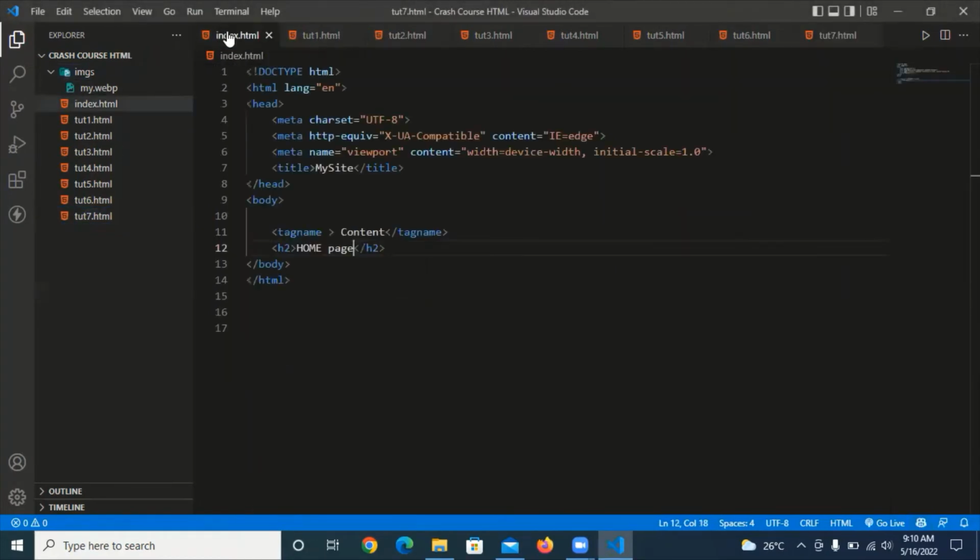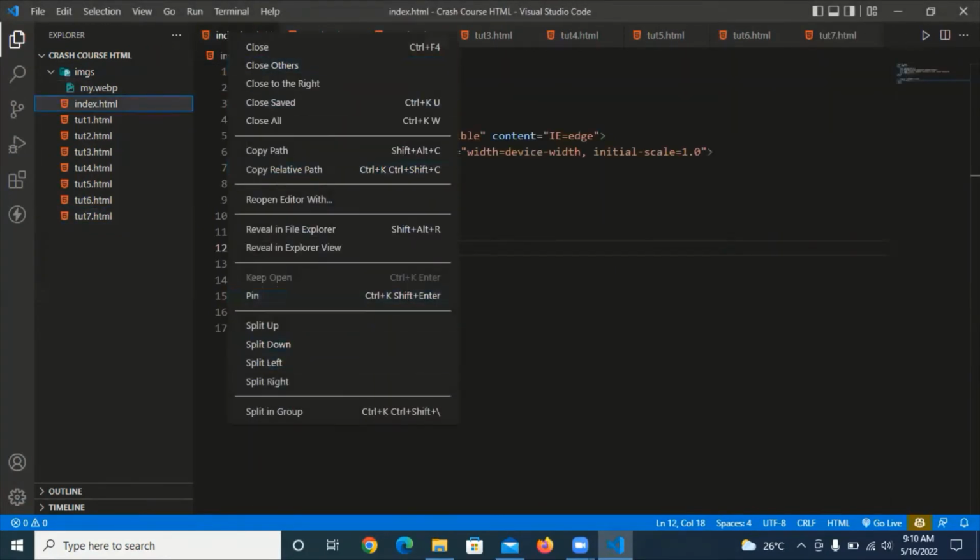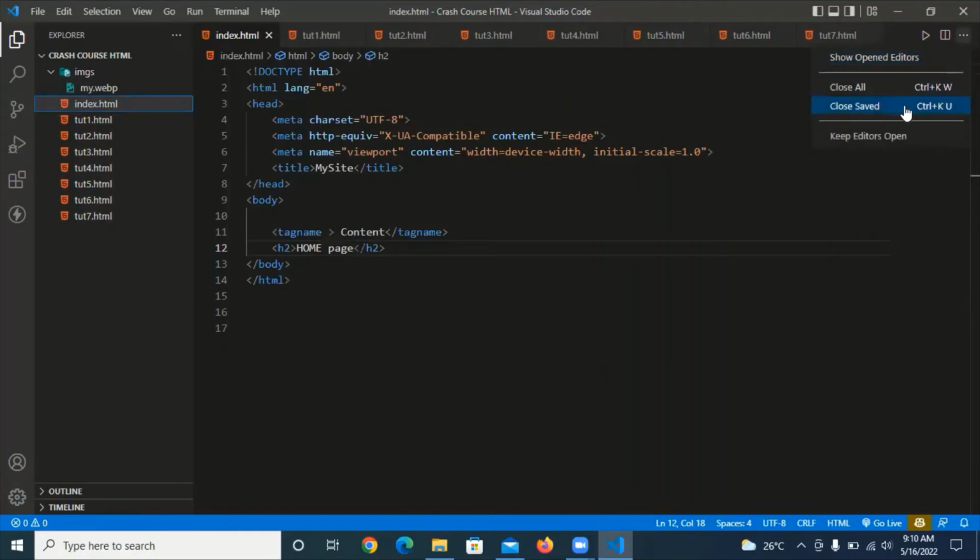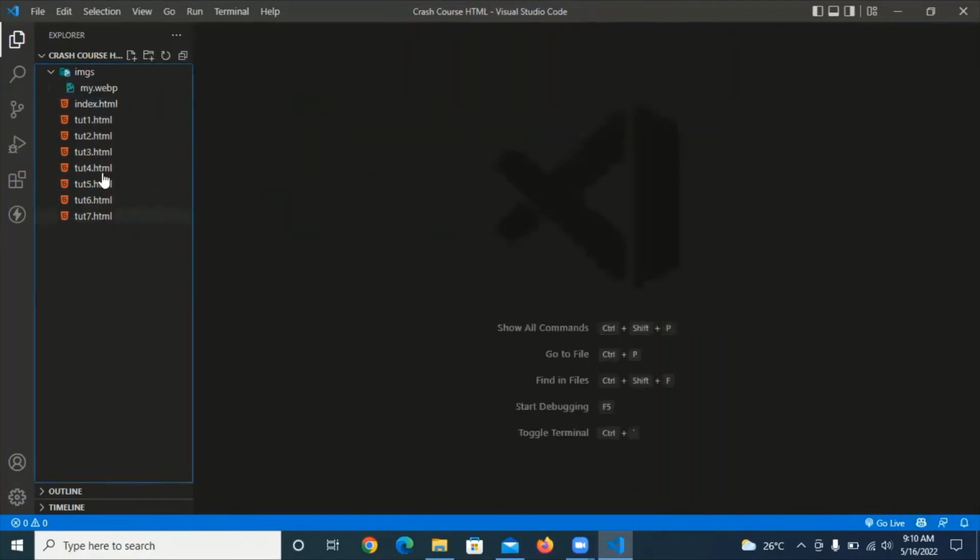Okay, till Tut 7 we have already done. I am closing all the files. Today we'll make Tut 8. Not inside EMG, we'll make it inside the total full crash folder. I'll make a file called